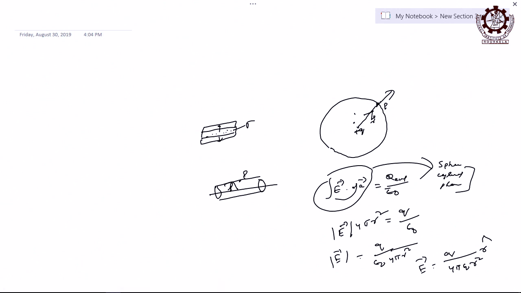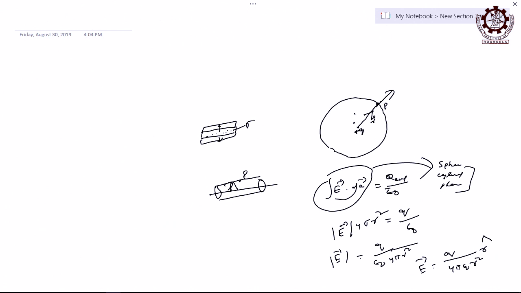If there is surface charge distribution, you have to think about a plane Gaussian surface, right. These are the symmetries you have to think over, and if it is a point charge, obviously it is spherical. So, depending on the nature of the charge distribution, you have to think what kind of Gaussian surface will help you. Here you cannot apply cylindrical or plane, here you cannot apply cylindrical or sphere, here you cannot apply plane or